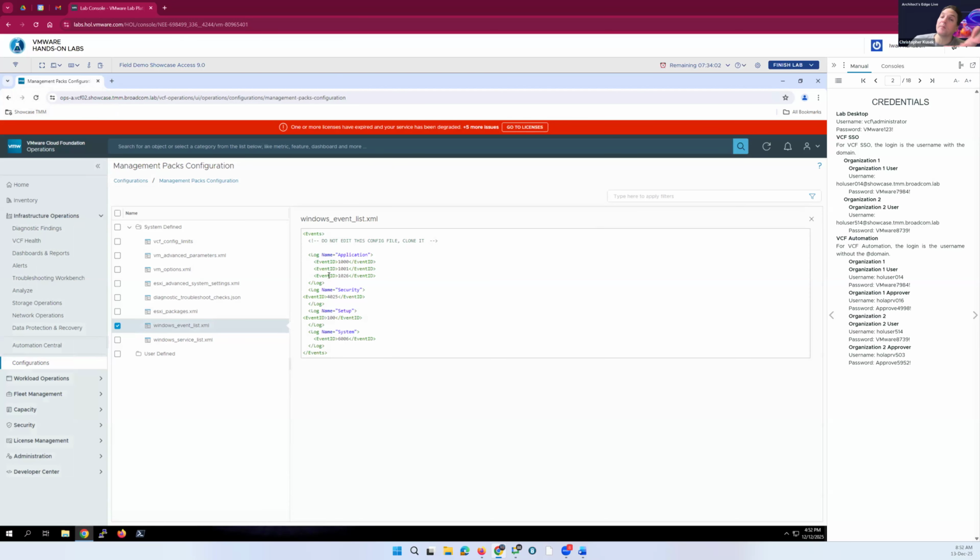Because this becomes your own management pack once you load it in your environment, as a partner or as a customer supporting your own environment. Correct. Now, this extends operations to your virtual infrastructure and beyond.